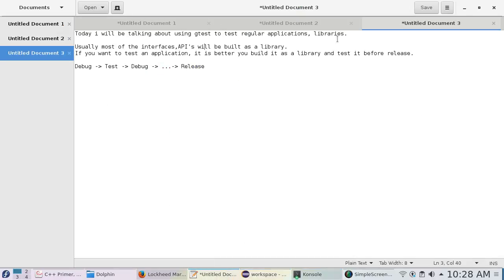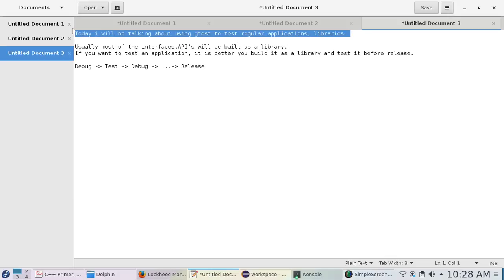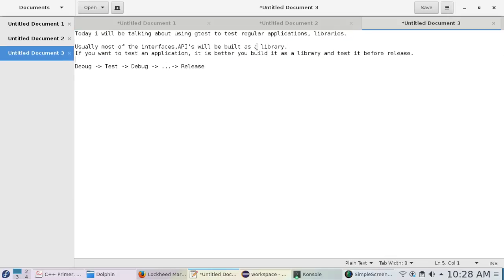So basically, in regular applications there are mostly interfaces or APIs or other mediator applications, most of which don't provide any output unless called by someone. So even if an application has an end interface, it's better to test it by building it as a library first, and then